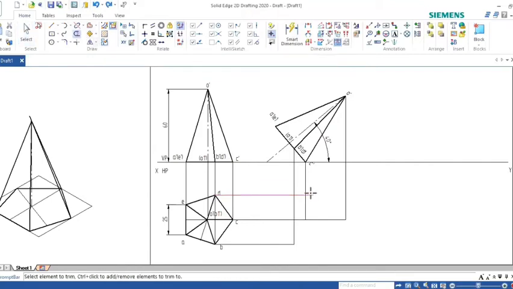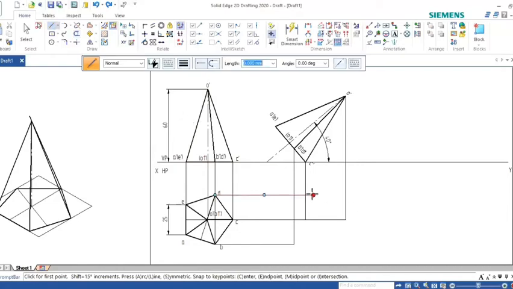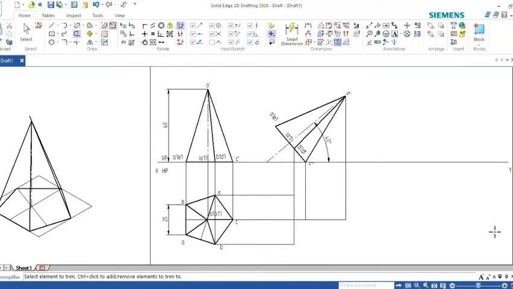Trim this portion. Now go to here, line command.